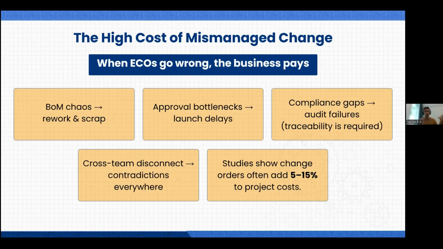So three teams have to work together on one single aspect called a BoM change or a design change, which will eventually end up in good sales and scalability of the business. Studies also show that change orders often add 5 to 15% of the project costs. So if we do not have this documentation clearly, we are spending more cost and effort for unnecessary reasons. We can save so much cost and time with proper documentation, especially with a very good tool, Odoo.